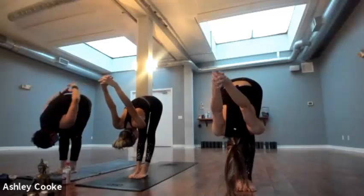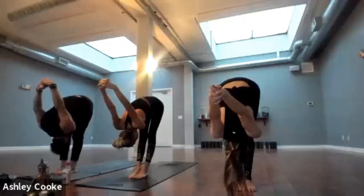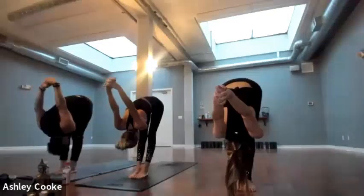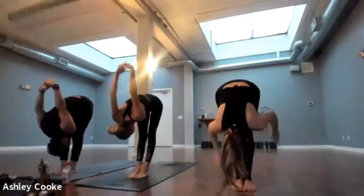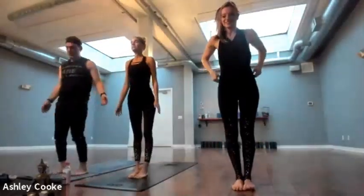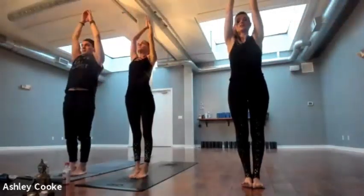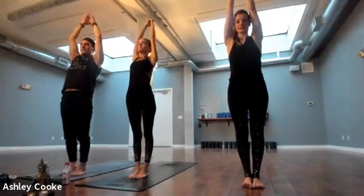Weight goes towards the toes. Keep reaching fists forward. Good, slowly release the hands and roll yourself up to standing one vertebra at a time, Tadasana. So nice, guys. Inhale, arms reach up, Kali Mudra, so interlace the fingers, release the index fingers, lift up to